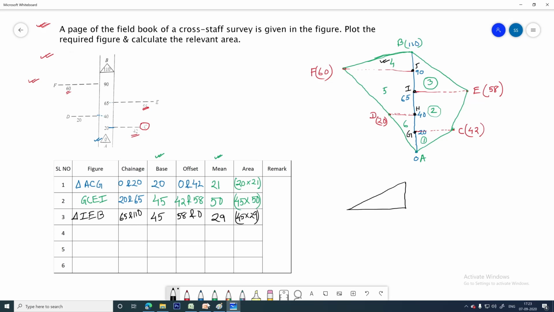It is something like this, and you can see that the top portion, the chain edge, is 110. Here it is 90, and this particular length is 60, and what will be the base? This one is 20. Simple, 110 minus 90, 20. Now you get all the data. So you can write over here, what is the nomenclature?